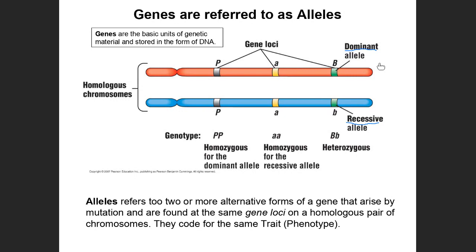In other words, I have the trait for pea plant flower color. That's the trait, flower color. And he discovered that purple was a dominant phenotype and white is a recessive phenotype for that one trait, flower color. It comes in two different types. So what happened was when